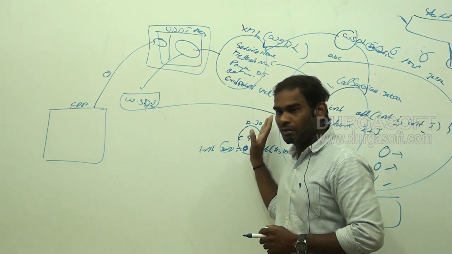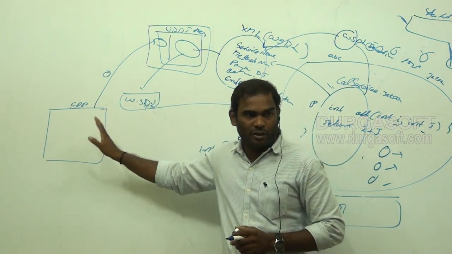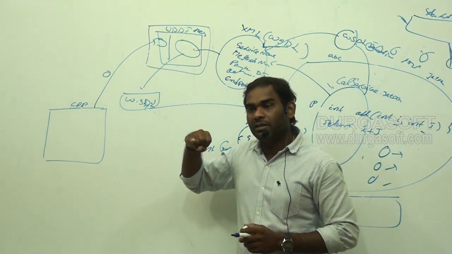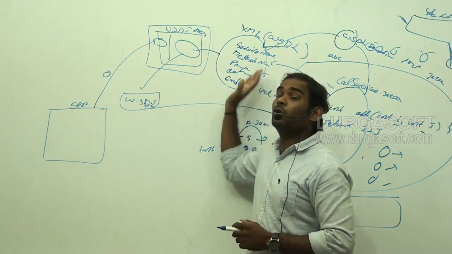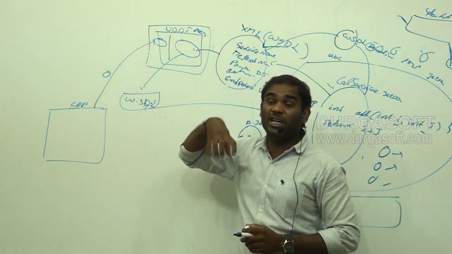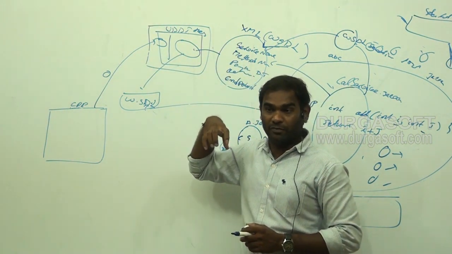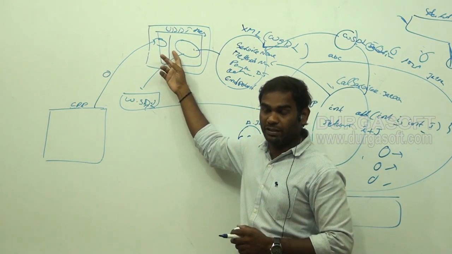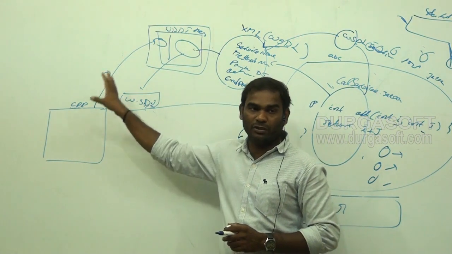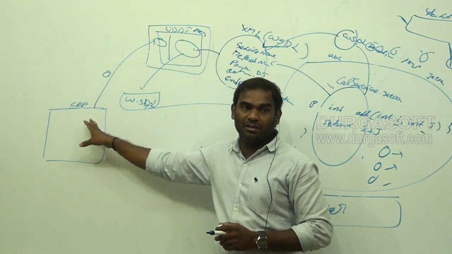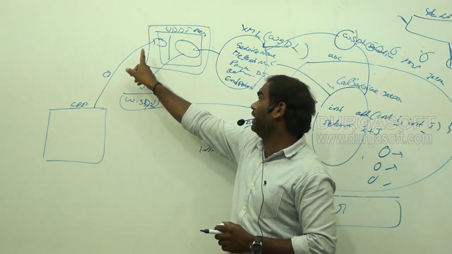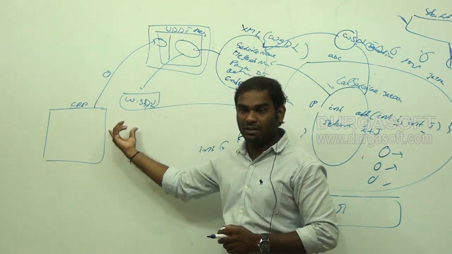One is what? The service provider directly sends an email by attaching this WSDL file. And the second one is what? He can store that WSDL file. The service provider stores the WSDL file into the UDDI registry. We can say that is publishing the WSDL file into the UDDI registry with some unique address. That address the service provider will share with the client. The client will interact with the UDDI registry by sending this address, and he will get the WSDL file.